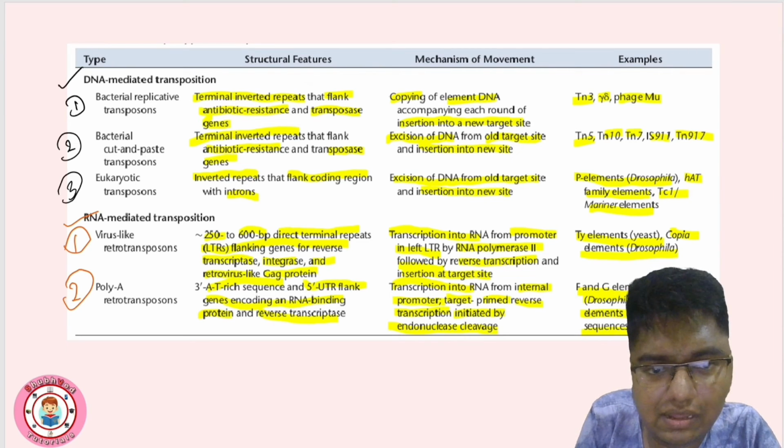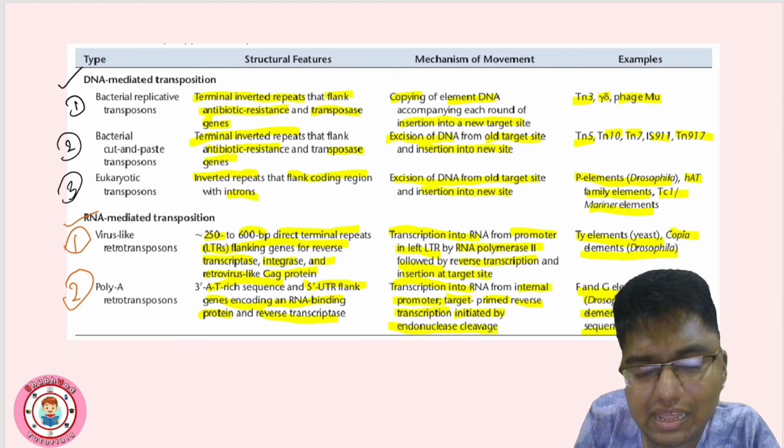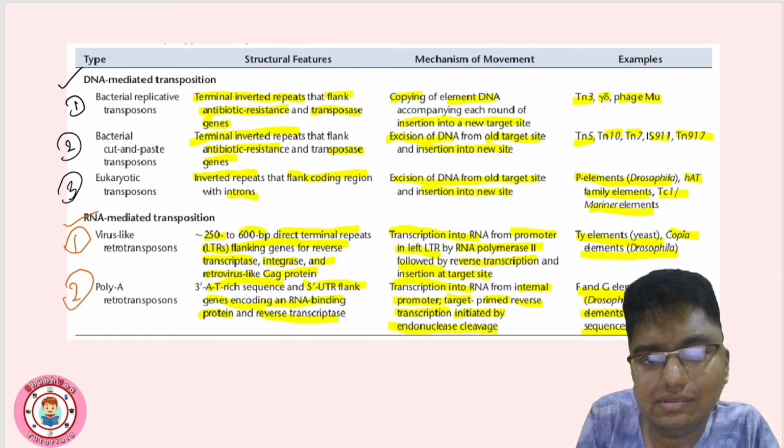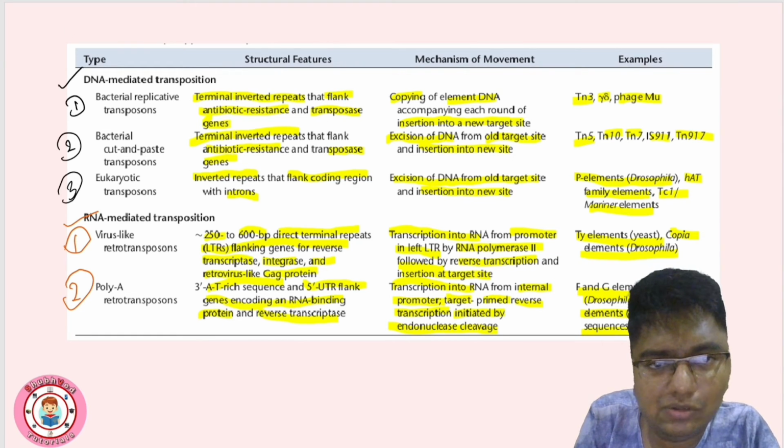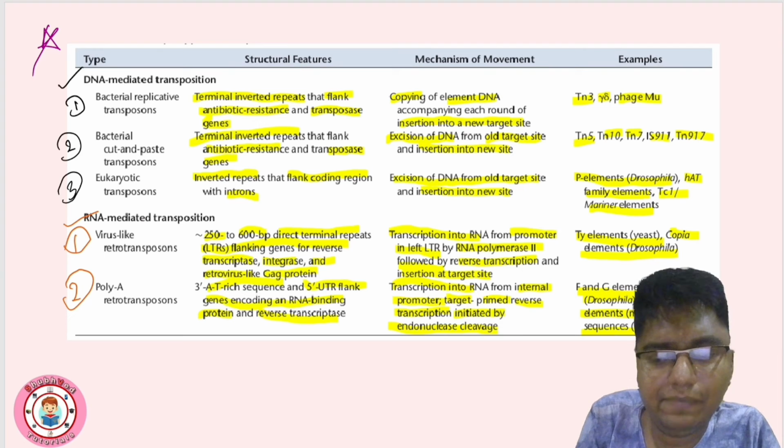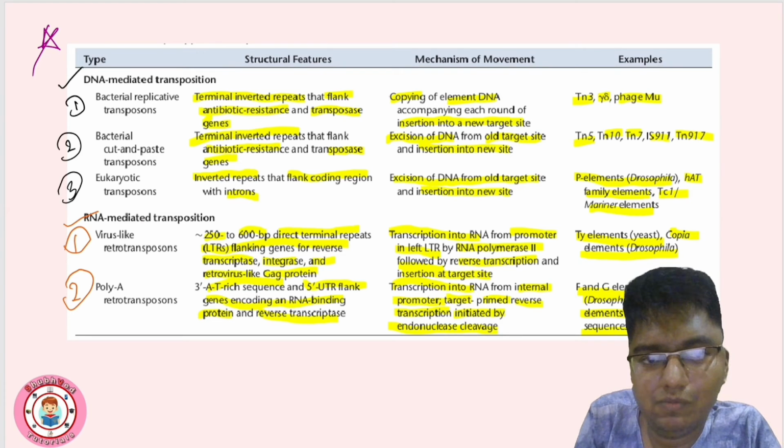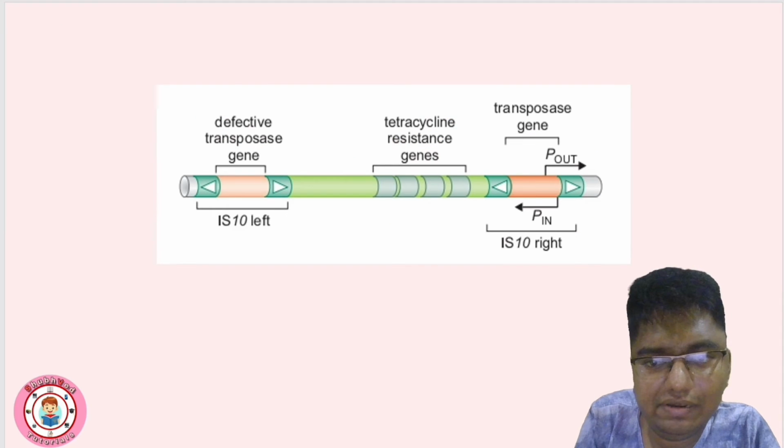So these are the examples, the structures, and the mechanism of movement, all summarized in this chart. I think this is a very important chart. Now let's see one by one some of the important transposons with the help of diagrams. This is the first one,